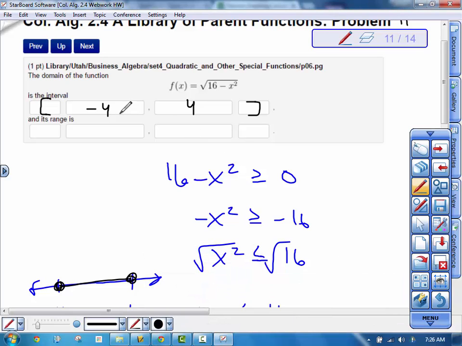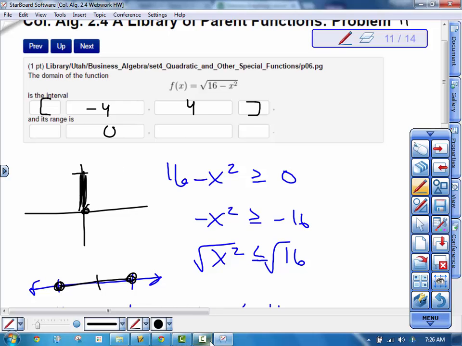Now you can get the range pretty easily by plugging in one of these endpoints, because that's the smallest and largest x can be. So if you do that, you get 0. So basically that means that the smallest the y value can be is going to be 0. The largest y value can be then when you're in the middle, which would be if you plug in 0, you get the square root of 16, which is 4. So the largest you can get is 4. So the range is from 0